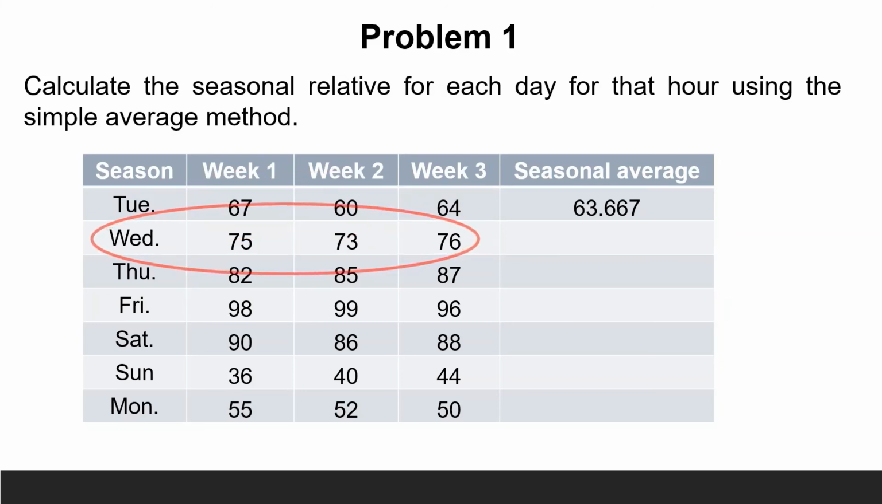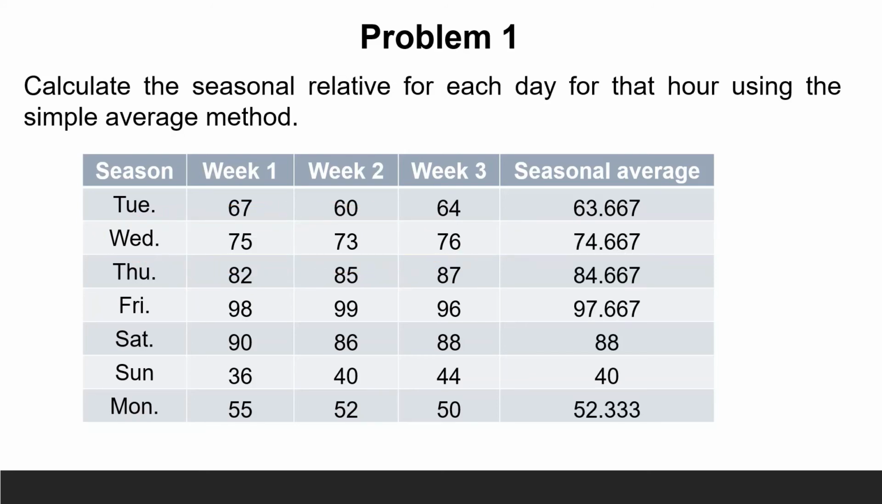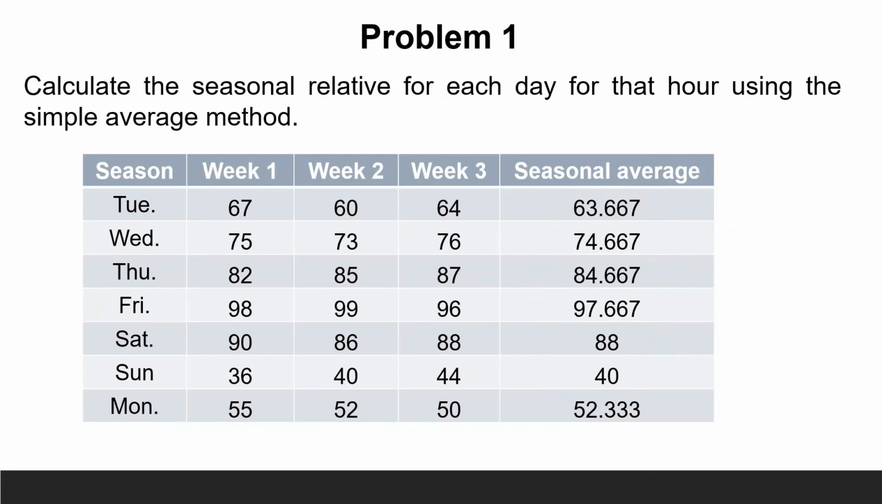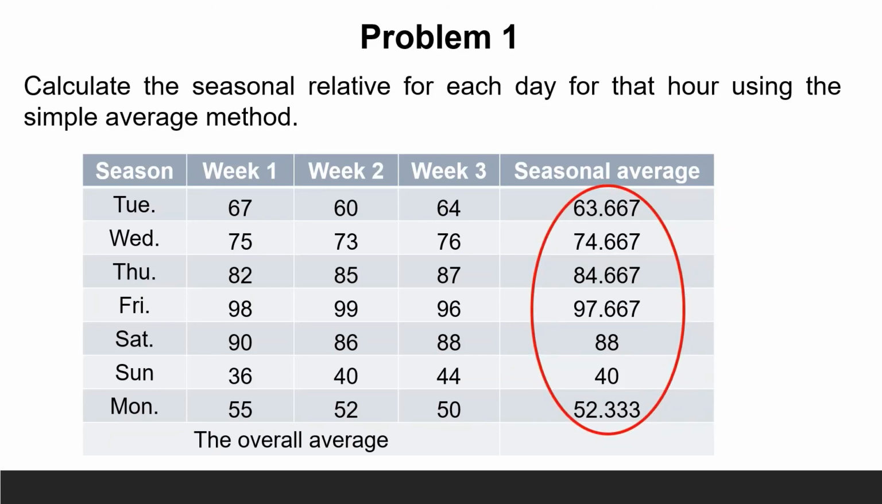The average of Wednesday is 75 plus 73 plus 76 divided by 3 equals 74.667. And so on till the calculation of the average of Monday. The second step is to compute the overall average. That equals 63.667 plus 74.667 plus 84.667 plus 97.667 plus 88 plus 40 plus 52.333 divided by 7 equals